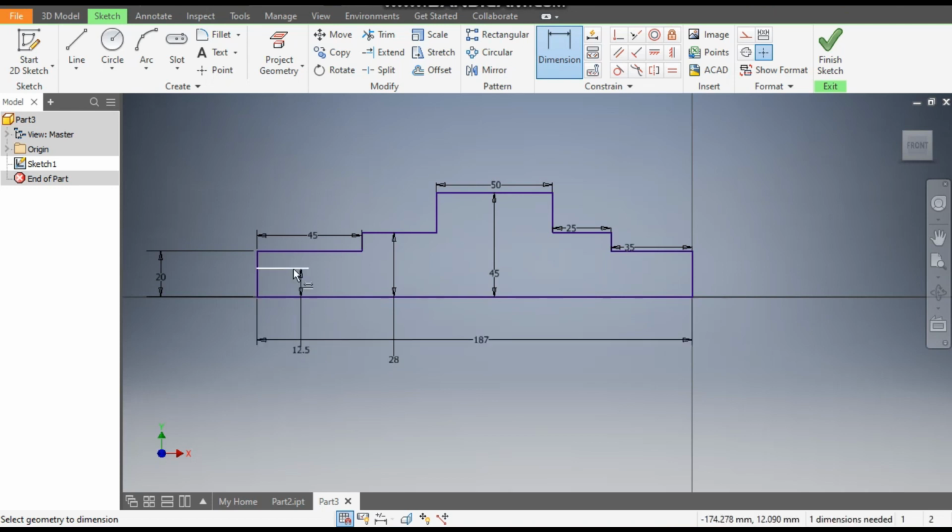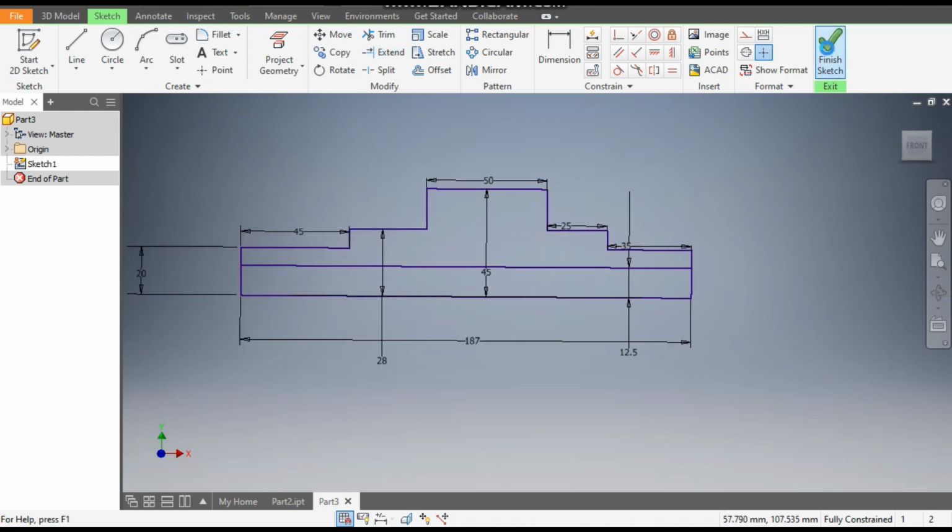As we have made line till here but we want to extend it till here, so go to extend command and select this line. It will complete the line till this bottom. Okay, now finish sketch